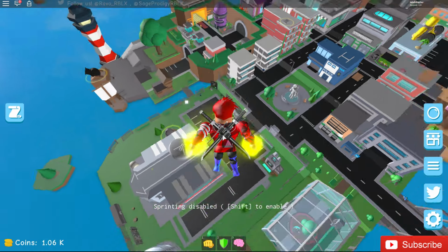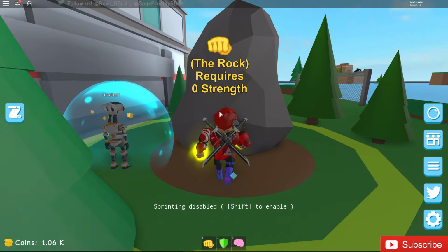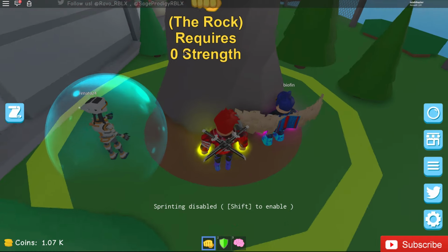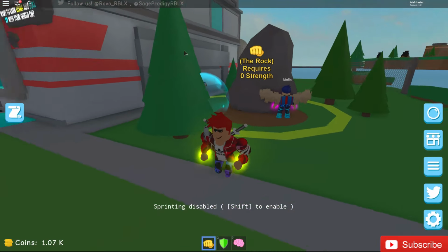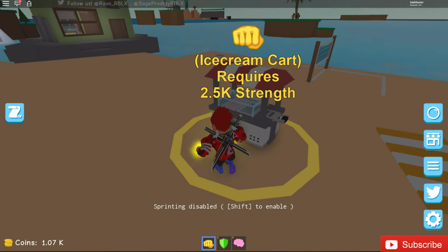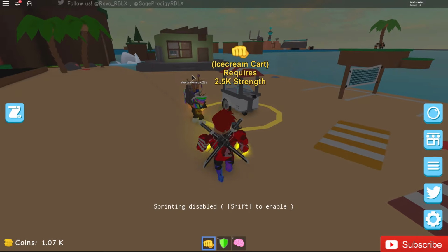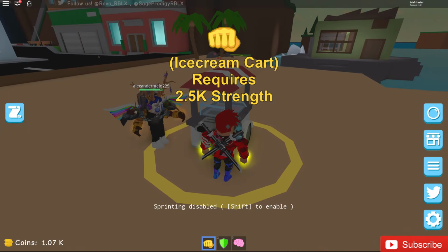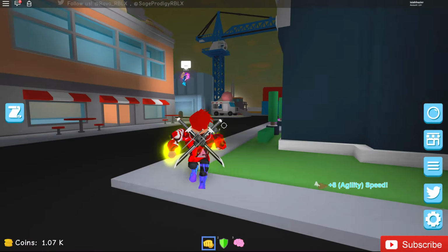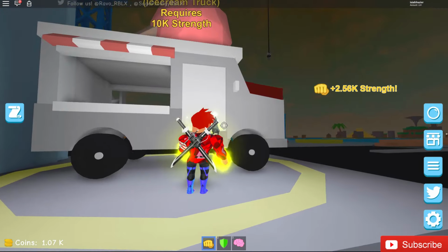Now for all the training areas. First of all, we're going to start out with strength. You need to grind this to 2.5k, and this one's called the rockets, right next to the laboratory. Then you have to come to the ice cream cart right next to the gym. You just walk up this little path, and then you come over here by the gym, by the beach, and you grind this to 10k. Then you walk across this street to this little van, and you punch this ice cream van or truck